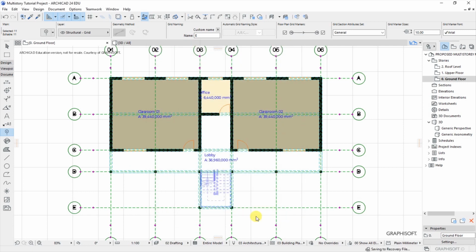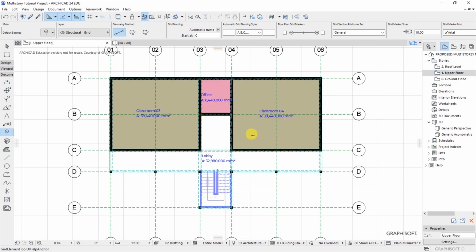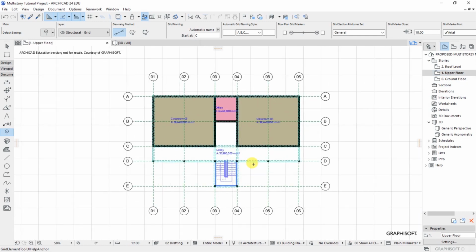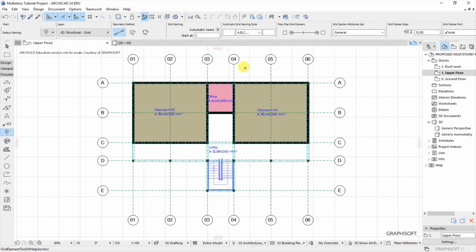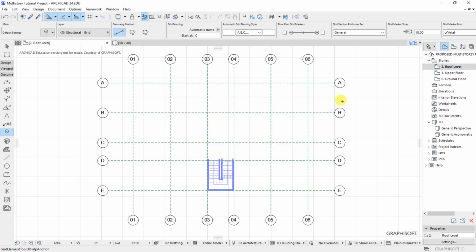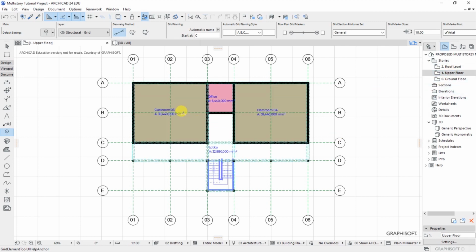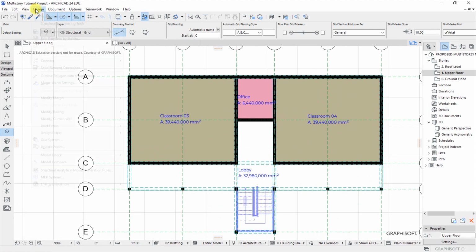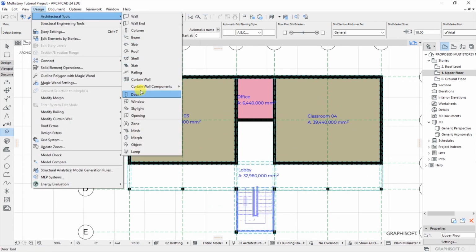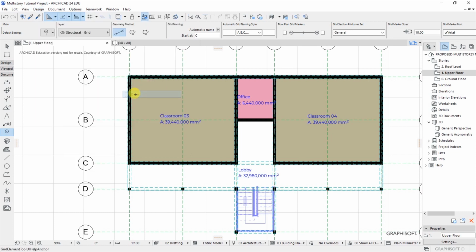So what this setting does is, in every story we create, we'll now have the grid elements showing up there. As you can see, we now have them on the ground floor, we have them on the upper floor, we will also be having them on the roof level. So back to the upper floor, and we'll go to design, architectural tools, activate the door tool,